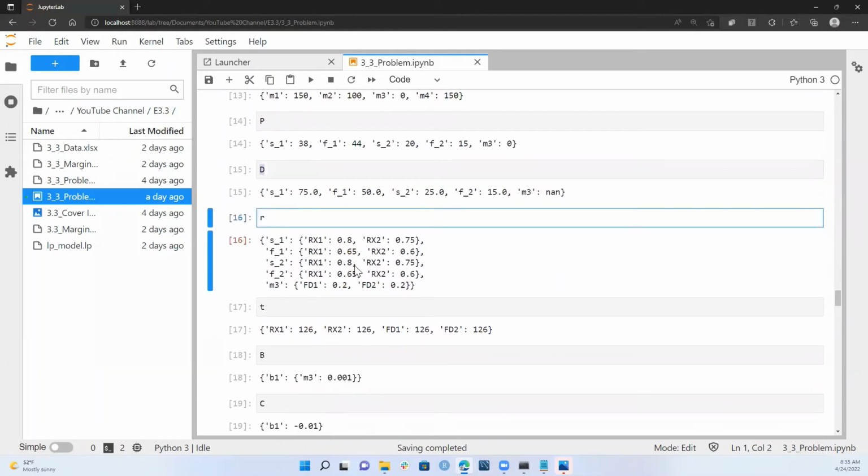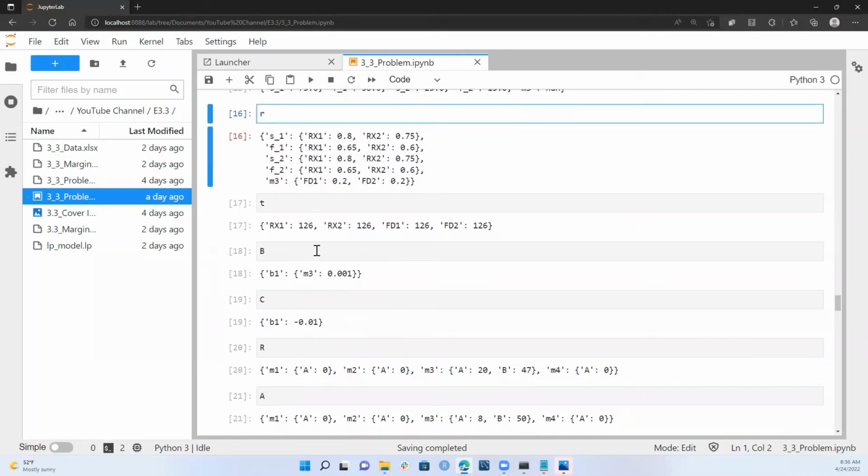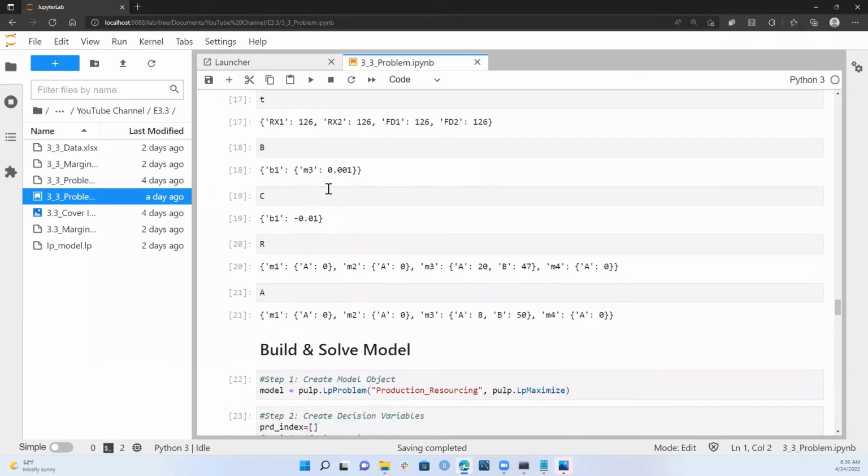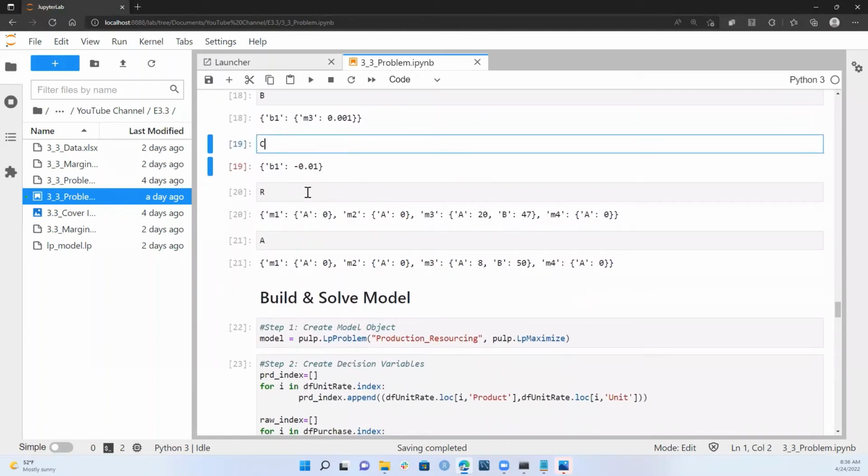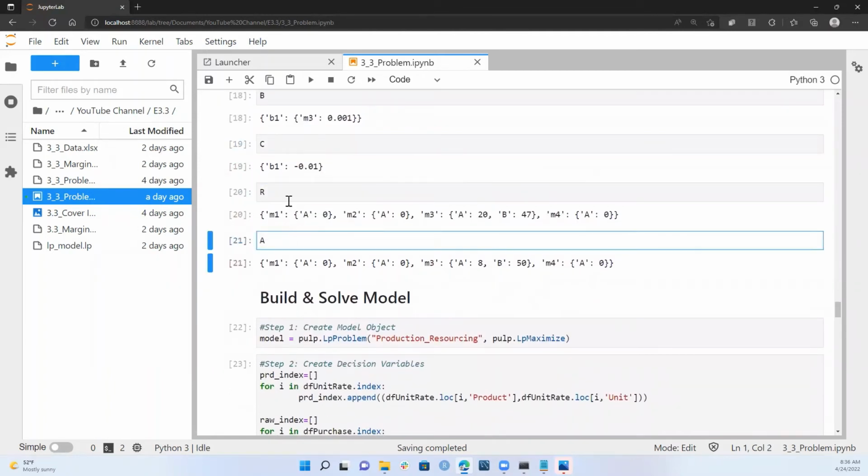We have R sub ij, which again represents the production rate of different products on each respective machine. TB looks correct. Again, we've seen those before. Same with our C dictionary. And now we get to the other new dictionaries, R and A, and we can see again, as I mentioned